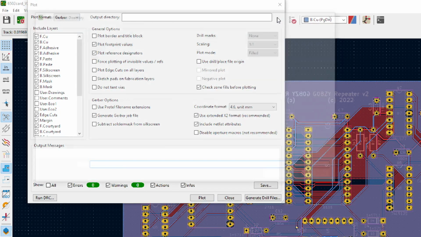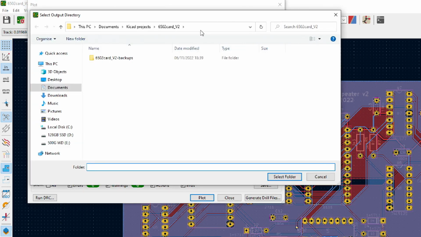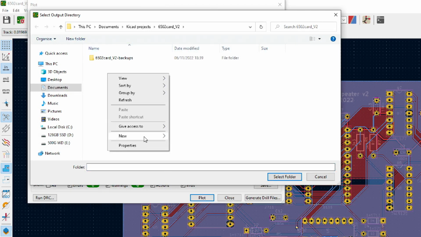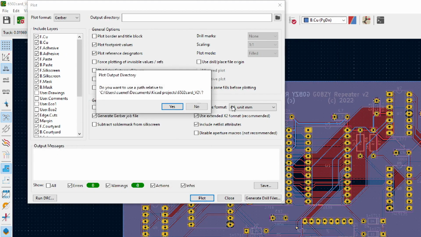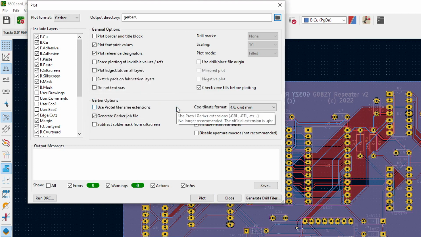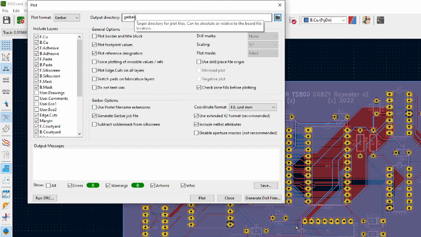The output directory, make sure we're going to send it to the right place. What I'm going to do is give this a new folder, and call this Gerber. Okay, and this is where we're going to put it. So select folder, Gerber. Yeah, that's fine. And so that's where it's going to go out to. We can also generate down here. You'll see it says generate